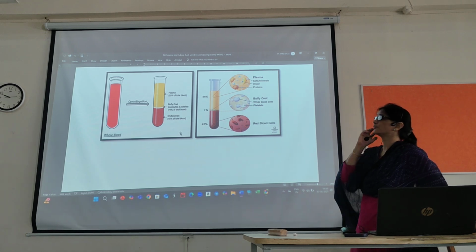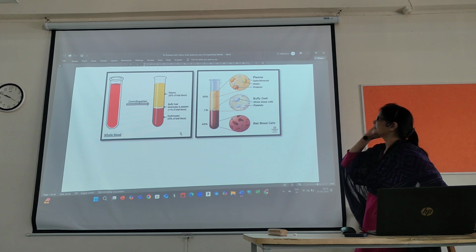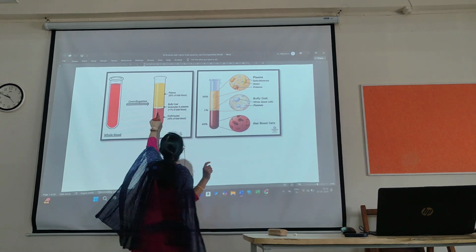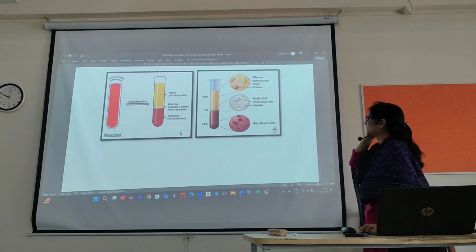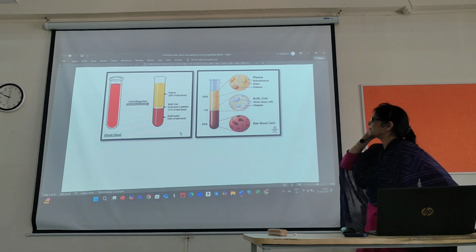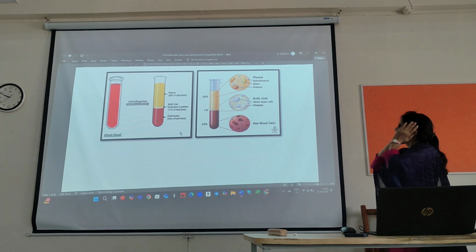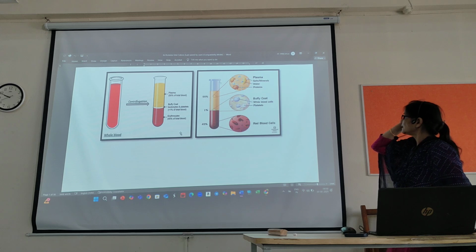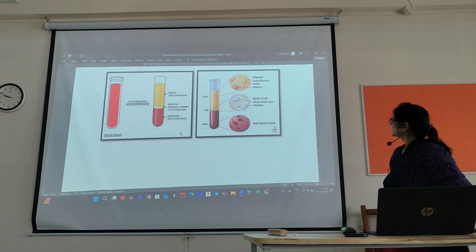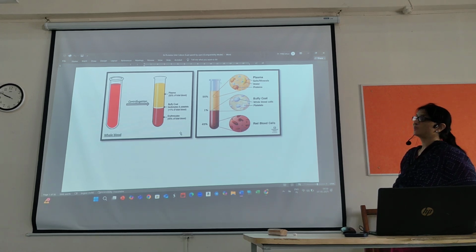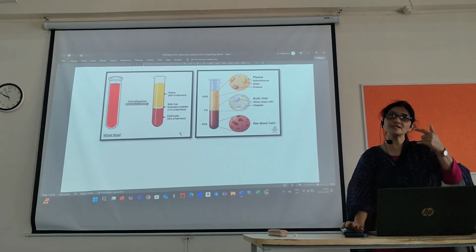After the centrifugation, the pale yellow colored transparent fluid isolated from the blood is plasma, 55% of total blood. Then the white line, you see this, is called the Buffy coat, and in that Buffy coat, leukocytes and platelets are there. Then erythrocytes settle down after the centrifugation. So in that 55% part, the plasma, there are salts, minerals, water, and proteins. Then in the Buffy coat, white blood cells and platelets are present, and these are the RBCs. Okay, understood up to this?